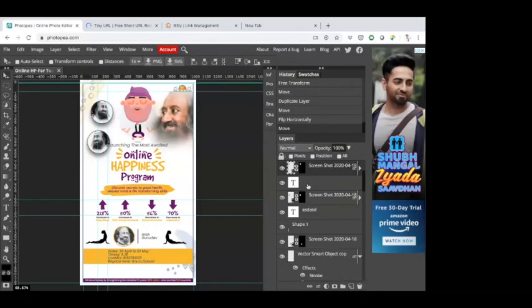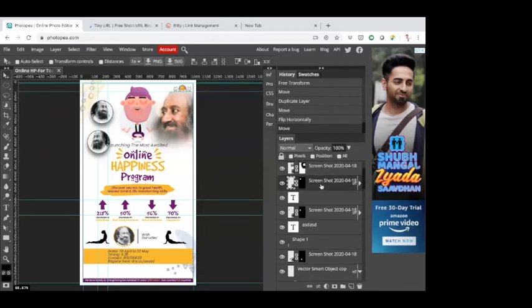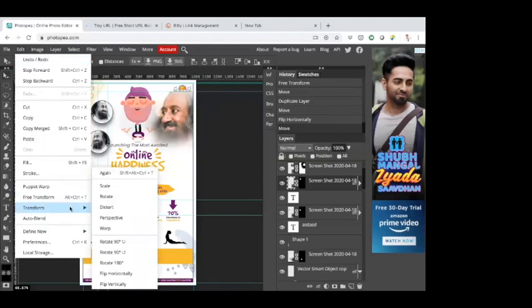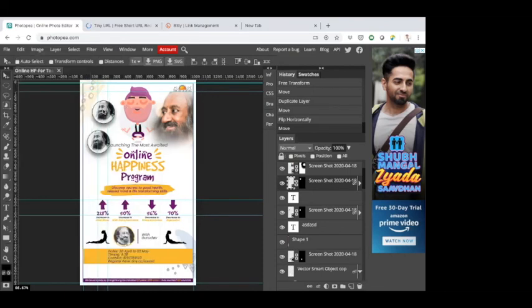Okay, so click on the layer which you want to flip. Now click on the Edit button, Transform. You can see quite a lot of options here: scale, rotate, perspective, warp, rotate 90 degrees, flip horizontal, flip vertical. You can actually play around with these things, rotating and all those things you can do. And flipping is basically what you are doing with this image.